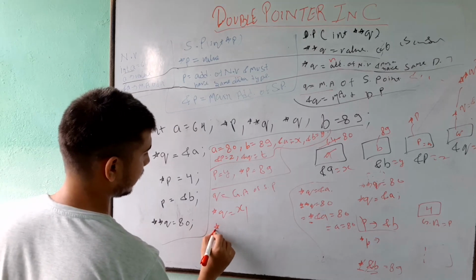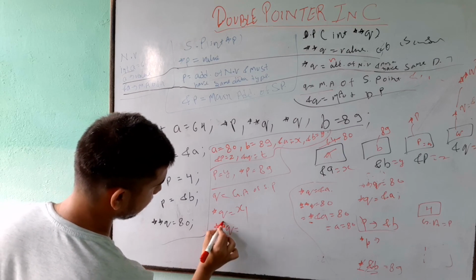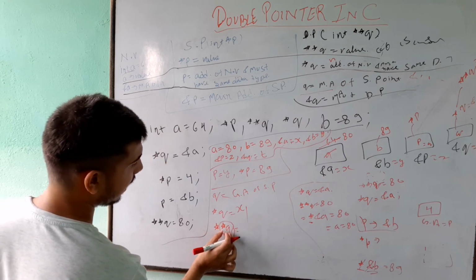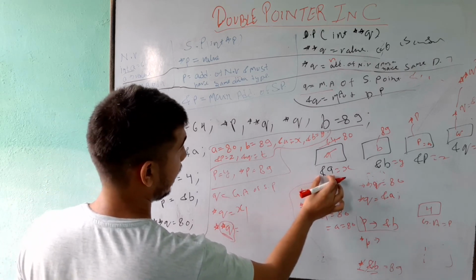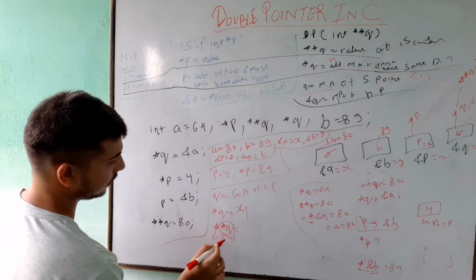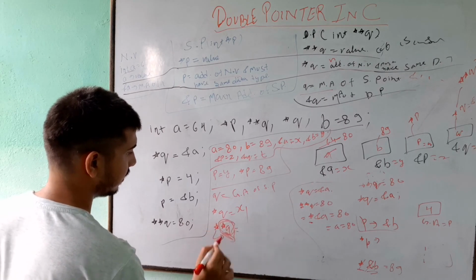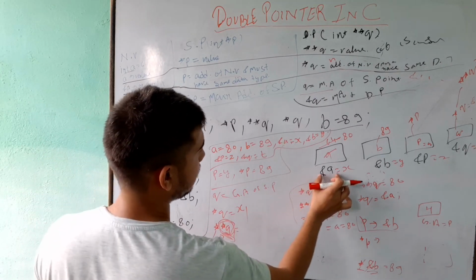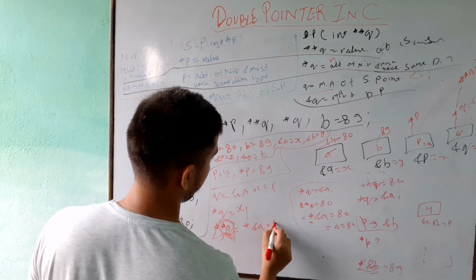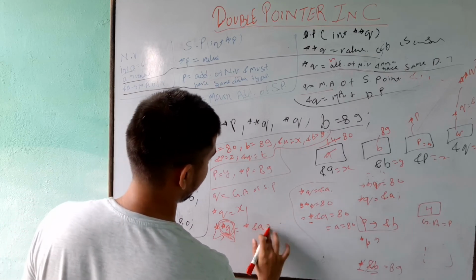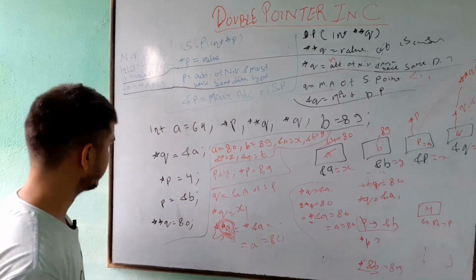What will **q give me? The value present in this address, if it is an address. Now I'm saying that *q is what? &a. &a is an address, that's why I am able to dereference it. This entire quantity is an address, not a value. So I am dereferencing it: what is present at x or &a. This will give me a, and what is a? It is 18. That's all.